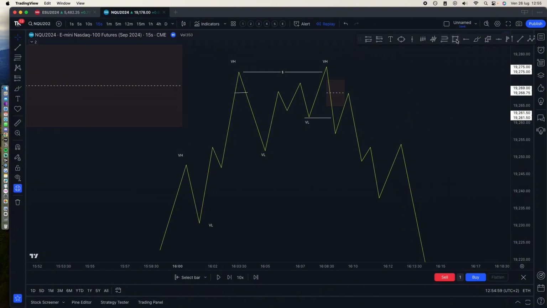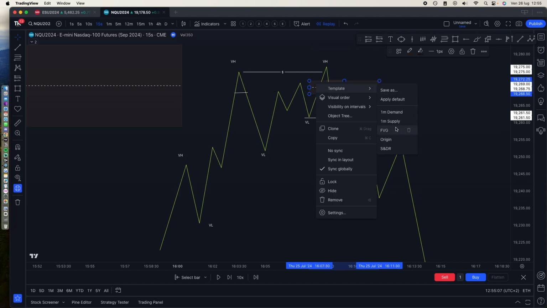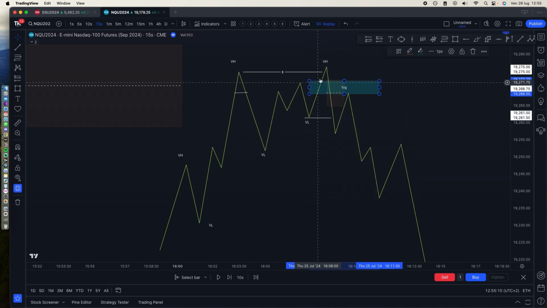First thing, it is better if we have a fair value gap, both in the leg that creates a value high and in the leg that creates a value low. The fair value gap inside the bullish leg, which is this one, we call the climax, thanks to Richard Wyckoff,